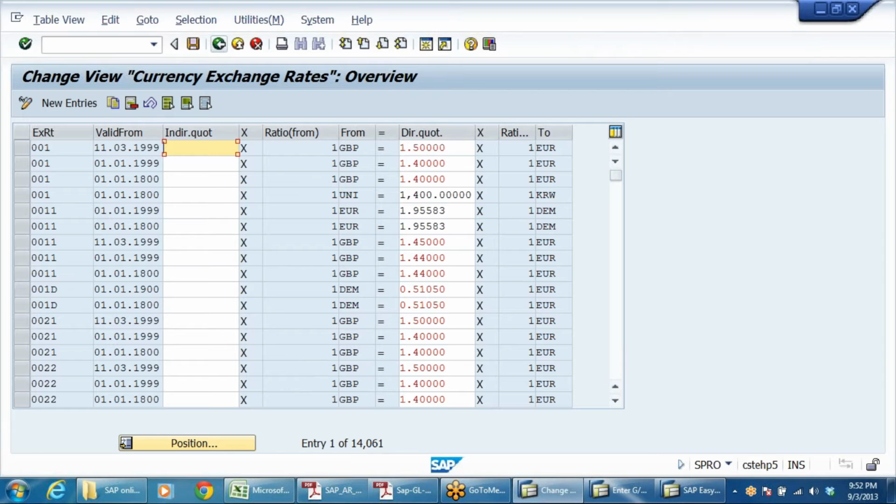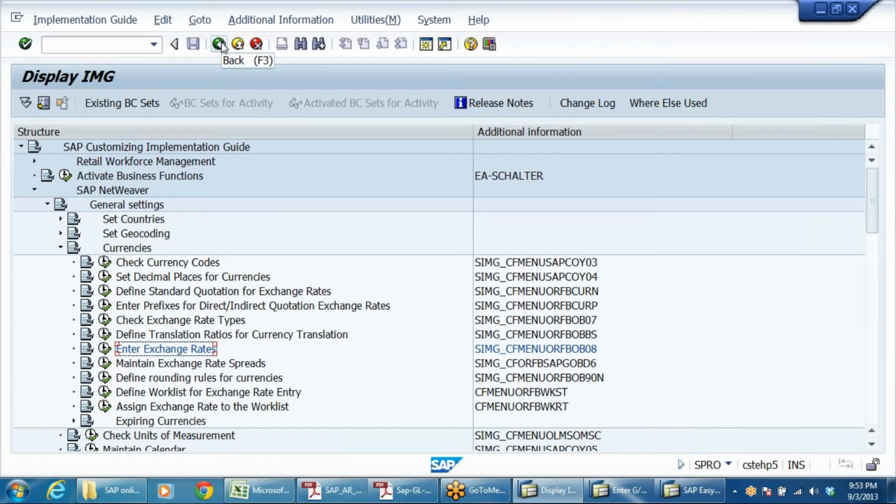So whatever the rate that is prevailing, that will be displayed here. The system picks up that rate. That facility also we have. That is dynamic rates. That depends upon the requirement. Whatever rate you want, that will do that.